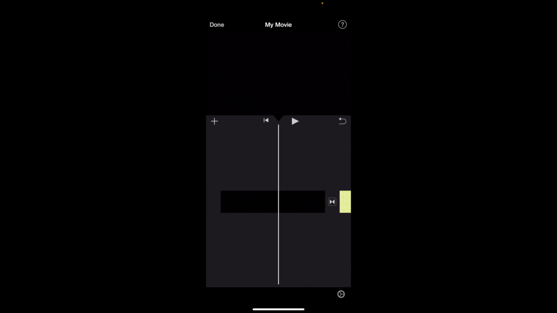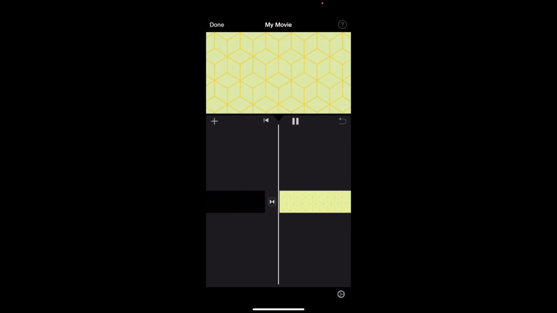So if you were to go ahead and play it, it's your camera roll photo. And then for me, it's going to transition into my background. So pretty straightforward, but that's how you guys can add a picture from your camera roll into your video here